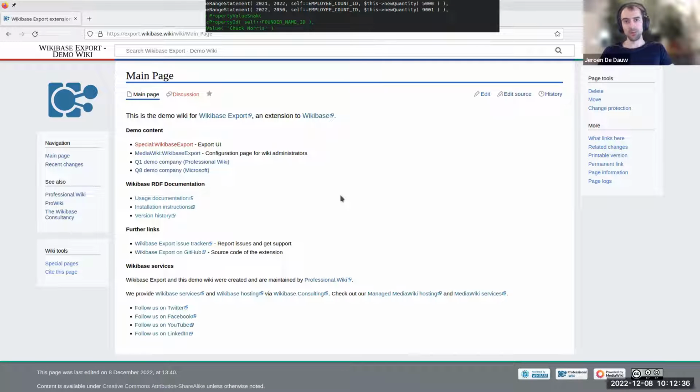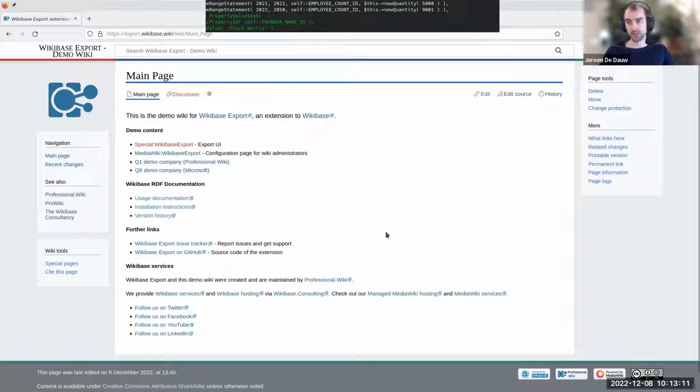Great. So we have a demo wiki that's live. You can also head over to the URL here. So the extension is still a work in progress. Like with our previous extensions, this is an open source thing. So you will be able to download this and install it on your own Wikibase. And that's why we have this public demo wiki as part of the documentation, so you can try it out and get an idea of what the extension does before you install it. So of course, a big thank you here to Uni Mannheim for funding development of this extension and making it